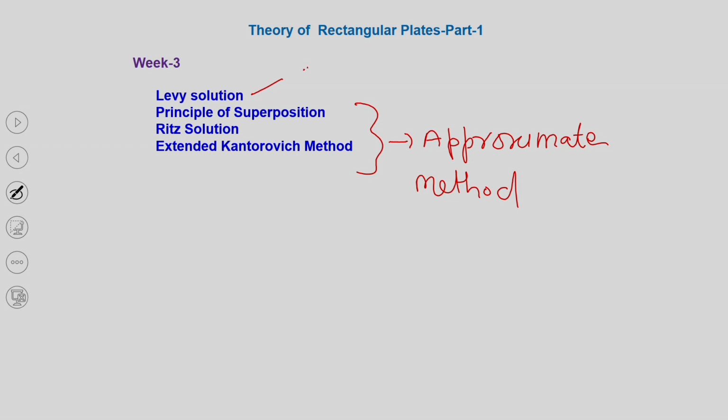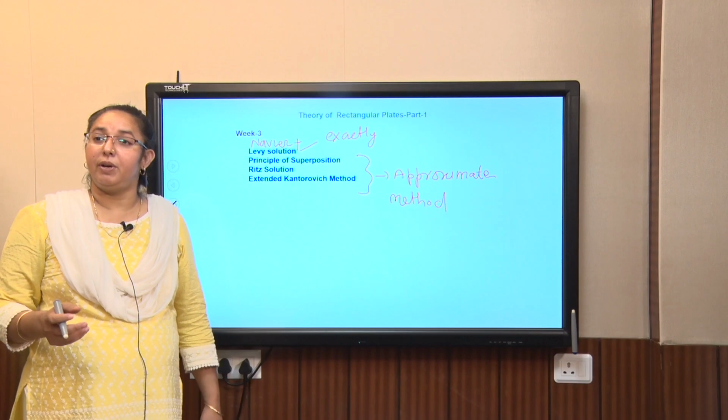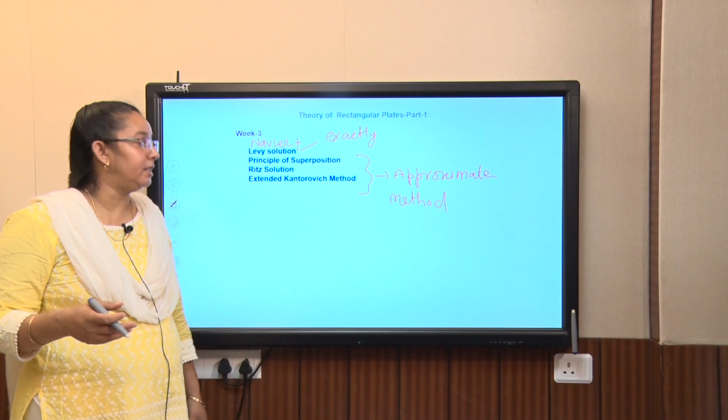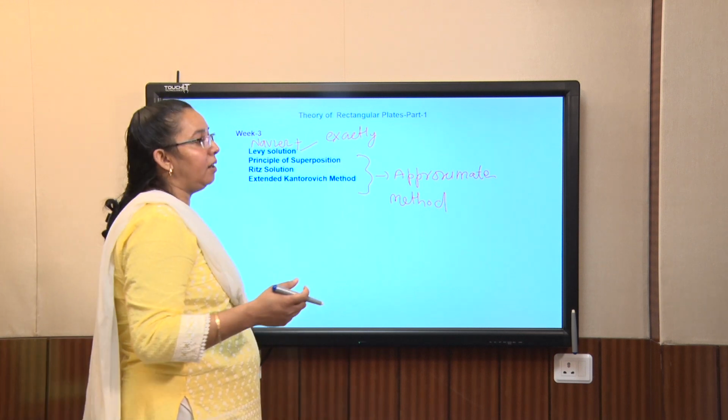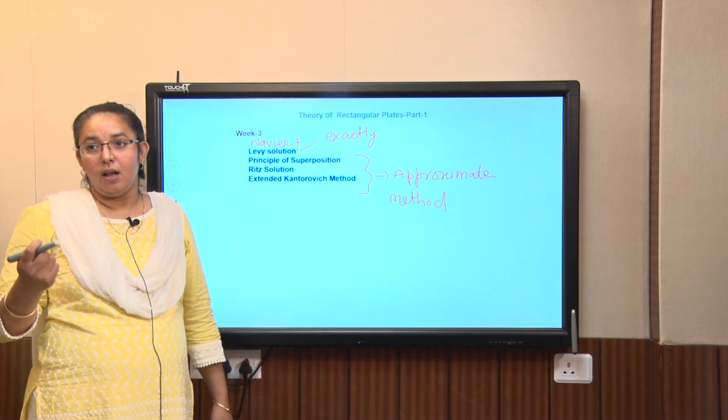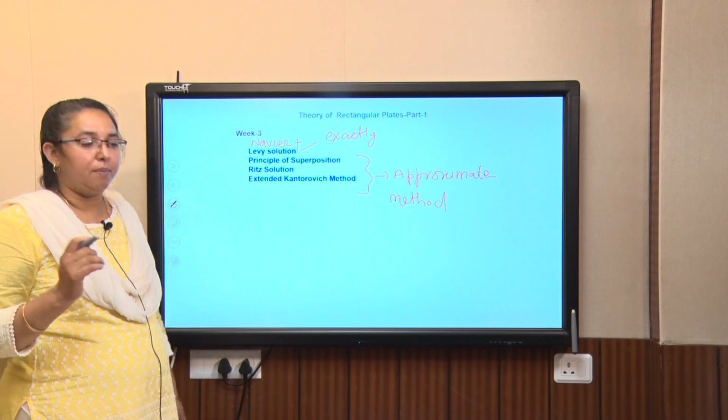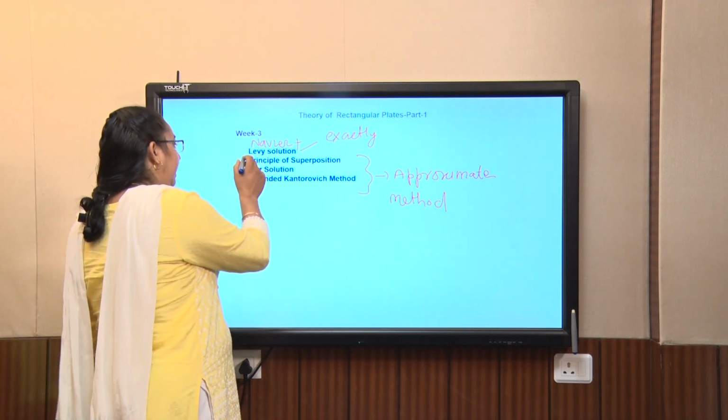Whereas sometimes we call them exact, in that the boundary conditions are satisfied exactly, like the Levy solution, or you can say the Navier solution as well. But most of the time, in real life, a plate is not subjected to only simply supported boundary conditions. It may be subjected to clamped, free or combined edges. So for that, how do we find an analytical solution? I am putting a stress here on analytical.